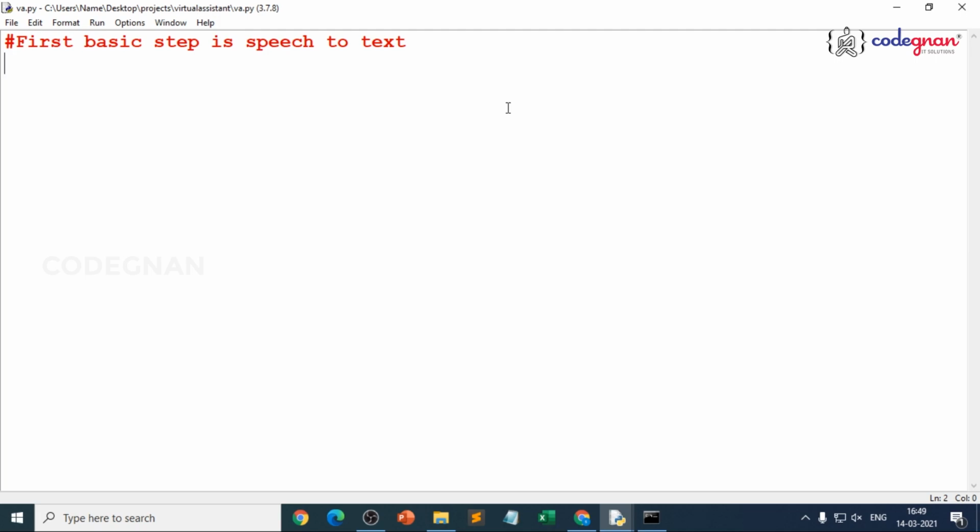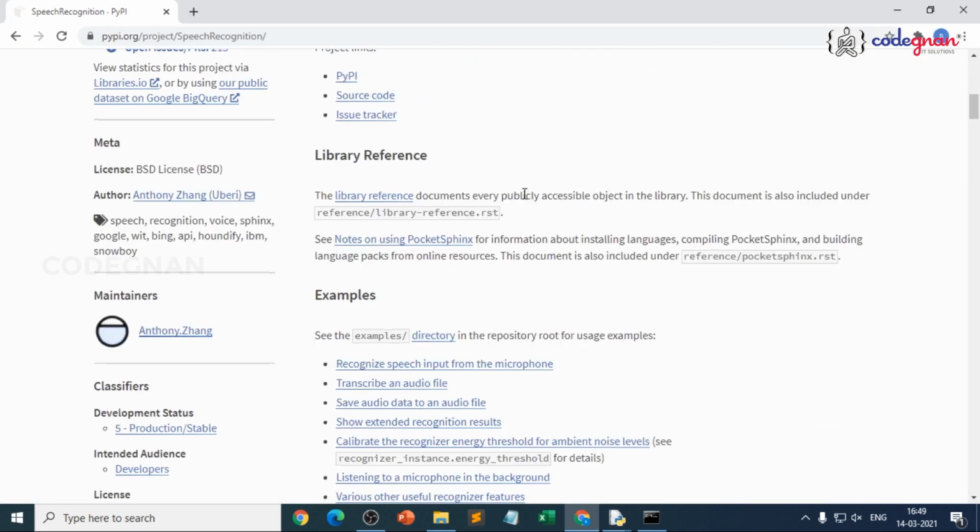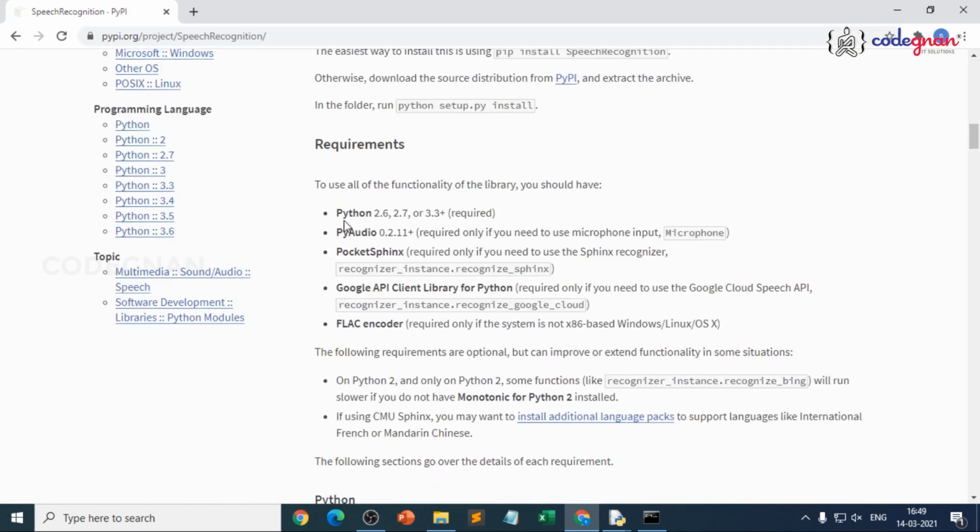So to use speech recognition, you just need to go for import. What is our library which we have installed? It is SpeechRecognition. So speech_recognition, because clearly it mentions the same thing. When you open the directory, it will tell you how to use it. It requires Python 3.3 plus and Python 2.6, 2.7, but version 2 we are not using.